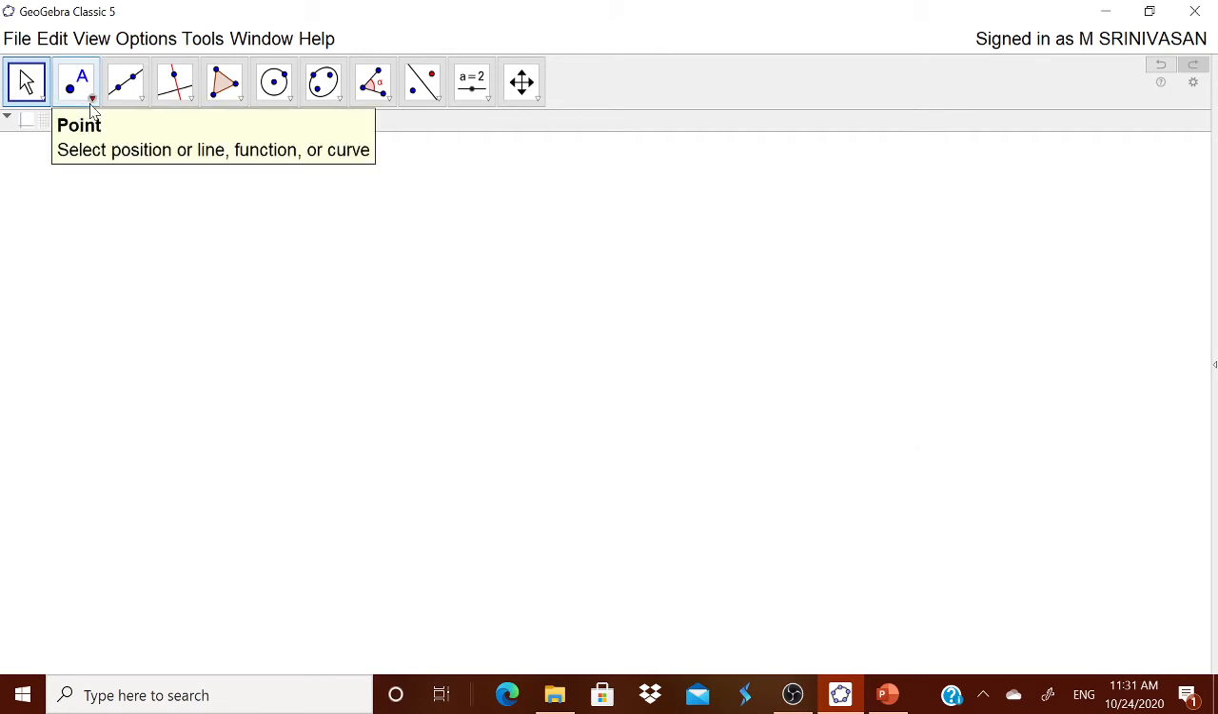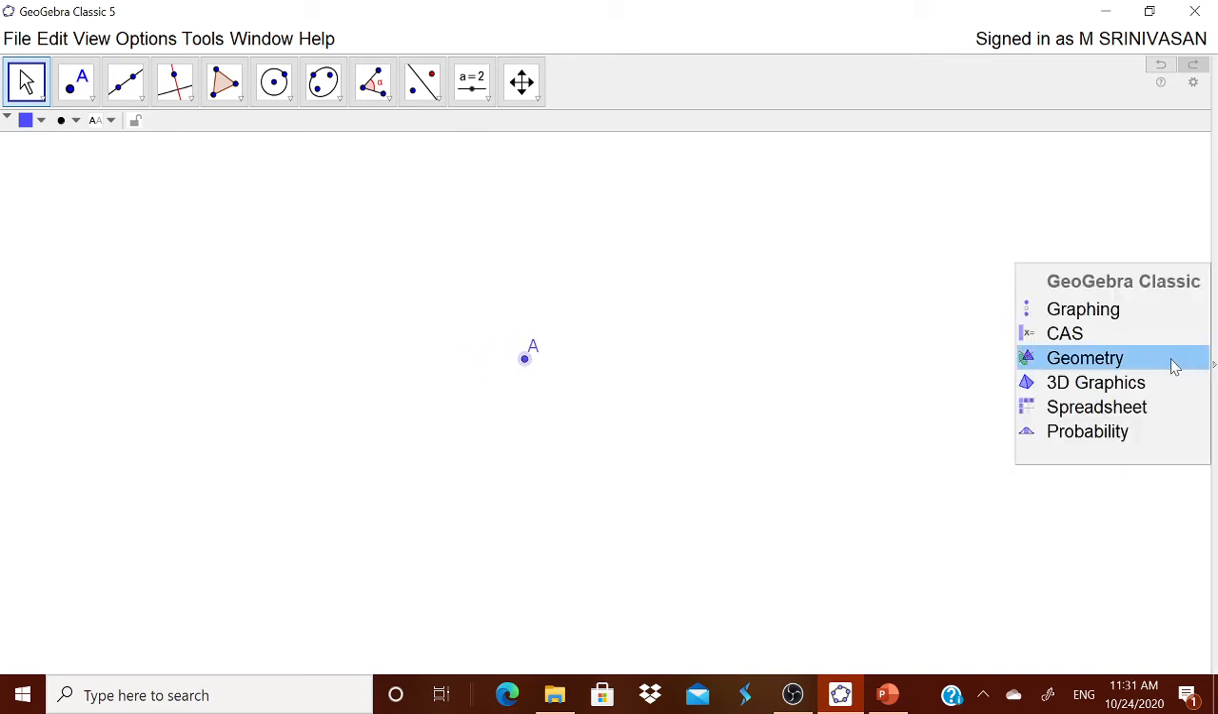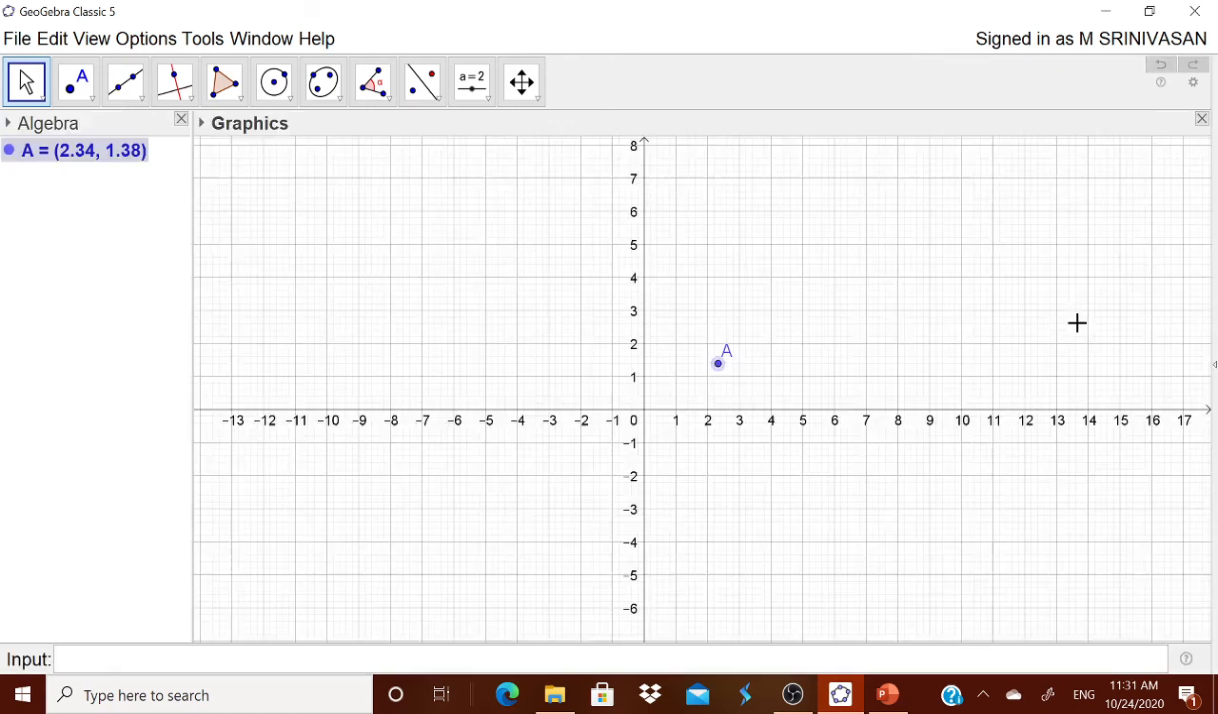Okay. Now, I am taking a point and I am putting over here. Now, remember, I am pressing escape to come out. Now, this point you can move. You can move this point anywhere. But remember, friends, this point is having some coordinates. You are seeing this coordinate is coming in algebra view. When I move this, when I put it over here,